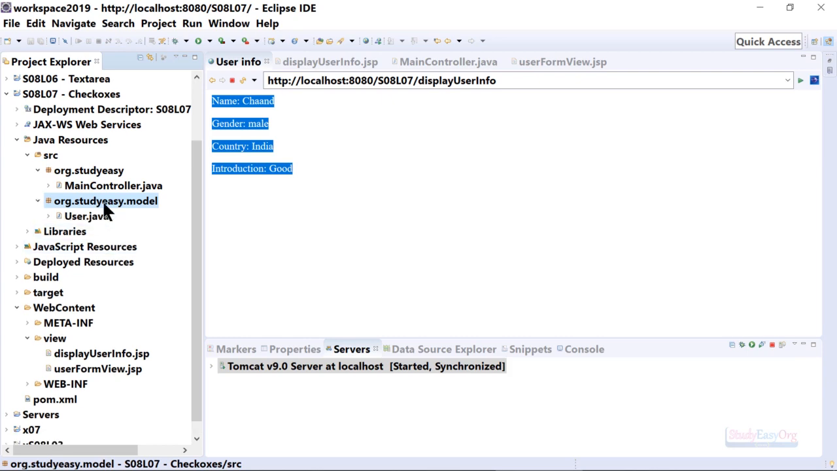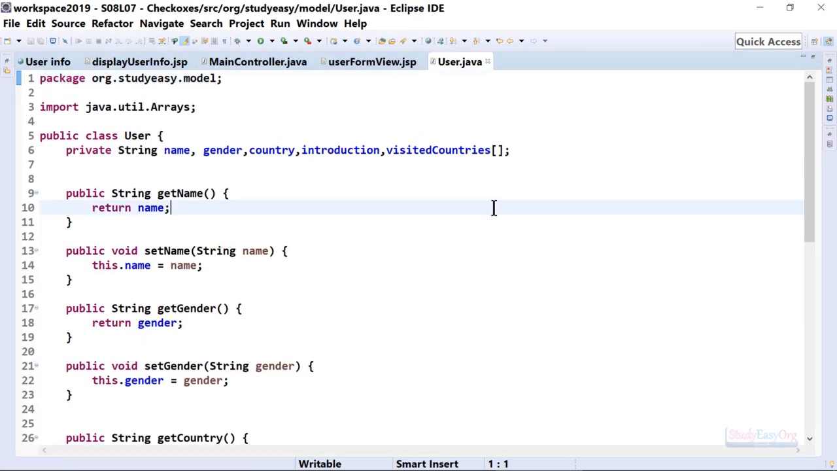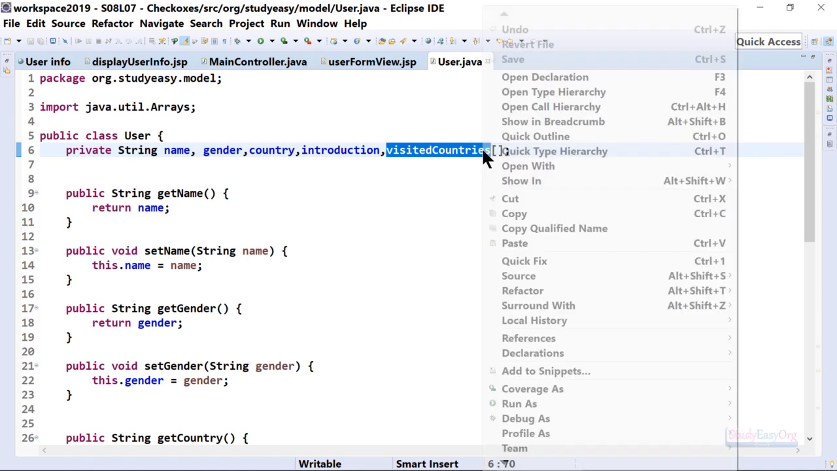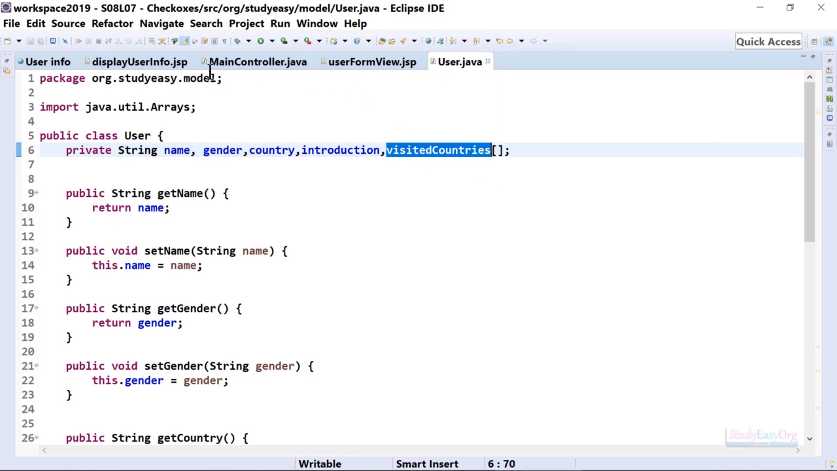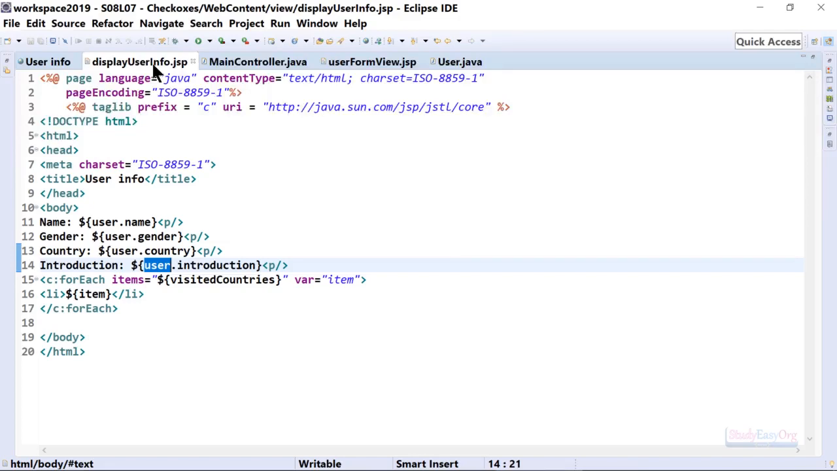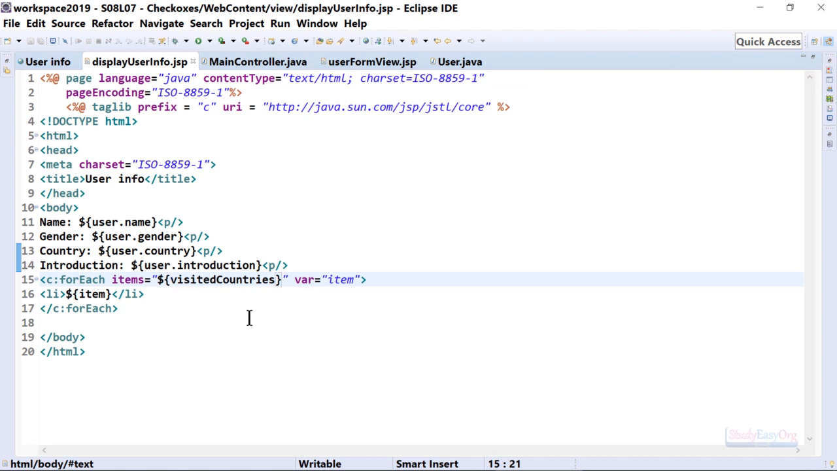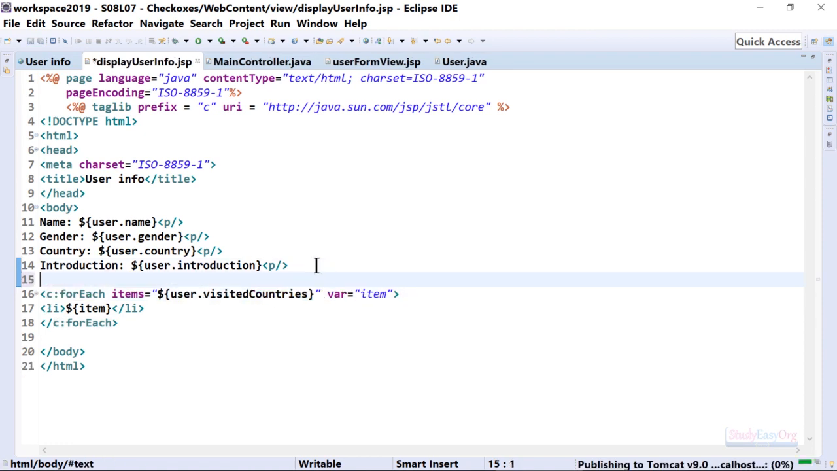Here is our model. This visited countries is nothing but a property of user. So let me copy this name. Let me navigate to display info.jsp file. Let me expand this, and in here we will make use of this property visited countries from the object user. That's good. And let me also add a label as visited countries, like this,